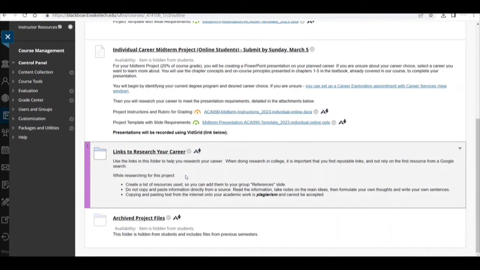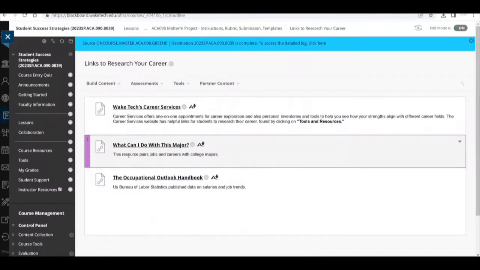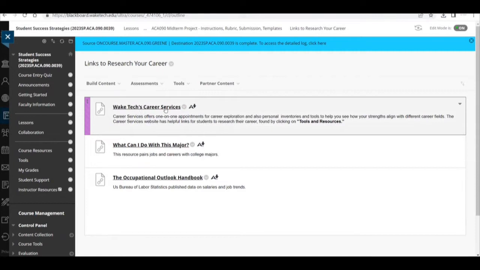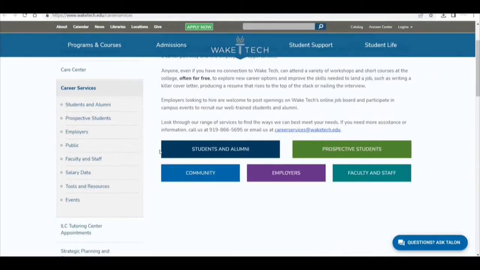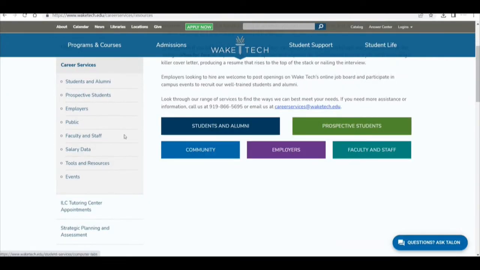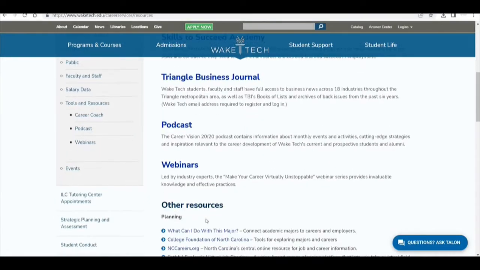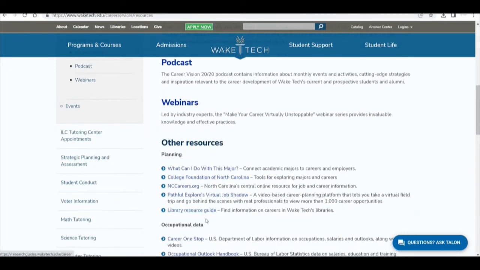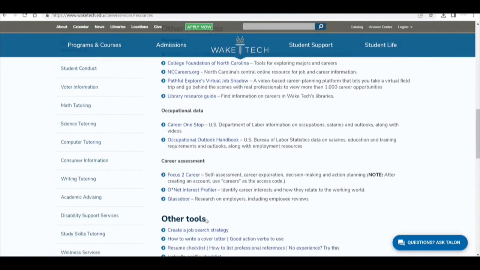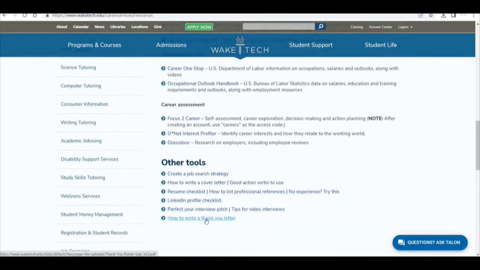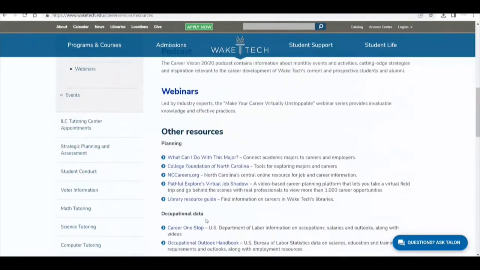We had the career services presentation last week. So all of the links to that presentation you'll find here. If you recall going to the career services website, you were told to click on tools and resources. And that's going to take you to all those wonderful websites that the presenter showed you on how to find the salary, job expectations, personal interviews, videos on a day in the life of that career, and most importantly, the